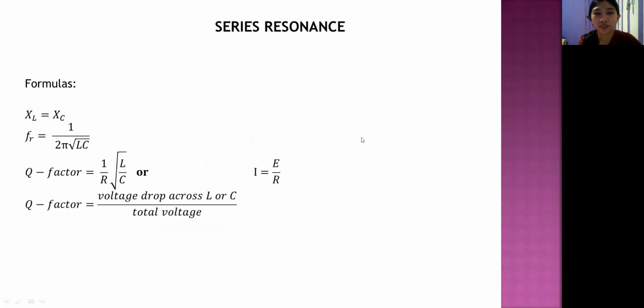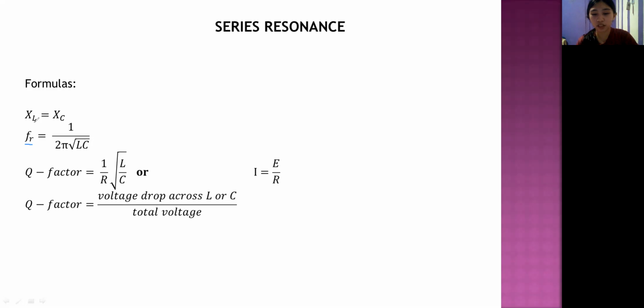So here are some formulas that will be encountered in solving my given example. The resonant frequency is equal to 1 over 2 pi square root of the inductance and the capacitance. The derivation of the formula was discussed in class, but as a recap,